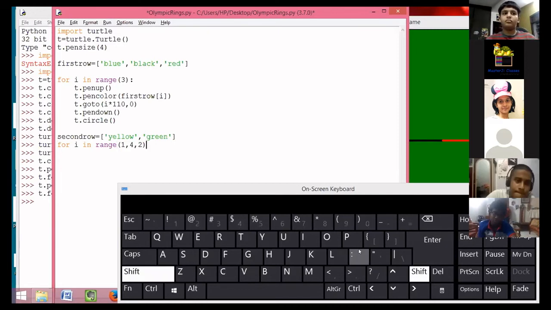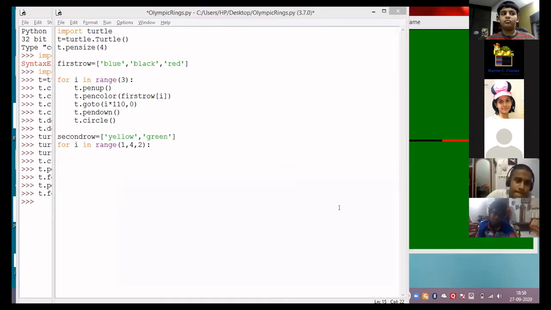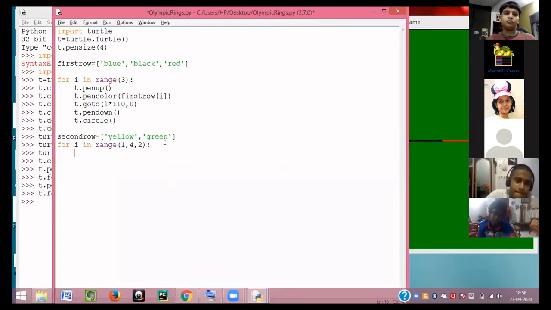Let me first make a semicolon. Why semicolon? Later on, you'll know about this. By the way, guys, what we are doing over here, we will do this after you have a basic knowledge of Python language. Once you have a basic knowledge of Python language, then you will be able to understand all this stuff. Okay, moving on.